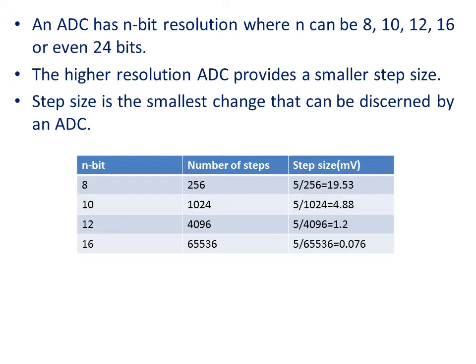In addition to resolution, conversion time is another major factor in judging an ADC. Conversion time is defined as the time it takes the ADC to convert the analog input to digital or binary numbers. The ADC chips are either parallel or serial. In parallel ADC, we have 8 or more pins dedicated to bringing out the binary data. But in serial ADC, we have only one pin for data out.